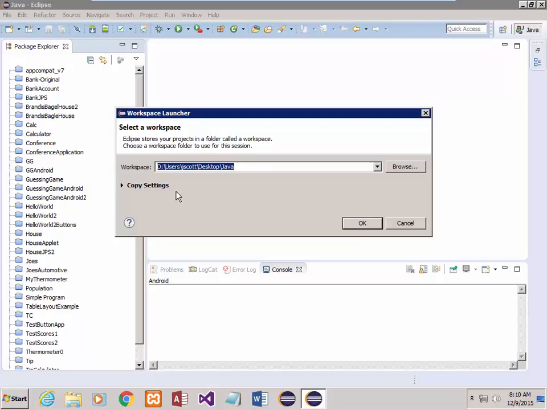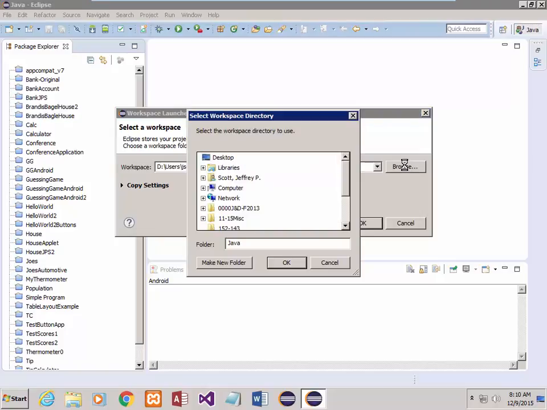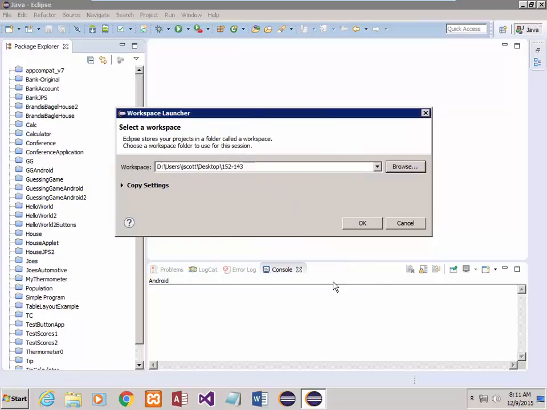The problem is you may make a mistake when you're keying something in. So the easier way to do this, and you only have to do this once, is to just click Browse. All right, you should see Desktop up here. And if you start perusing your way down, ideally you'll see that folder that you created that says 152-143. So I'm going to click that, and I'm going to click OK. Then you want to double click to make sure that that's the way yours looks. So D:\users/your username/desktop